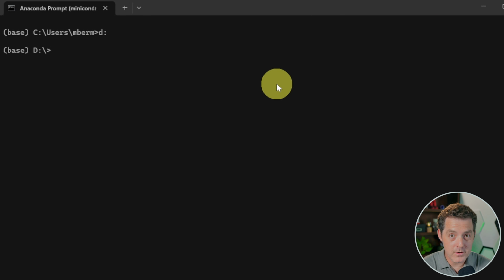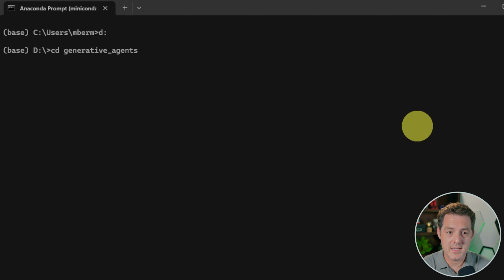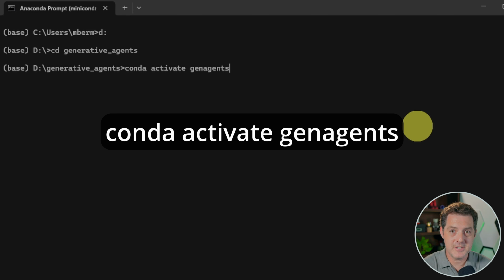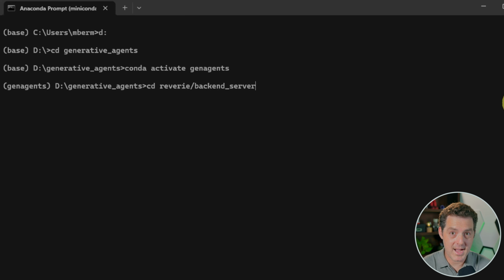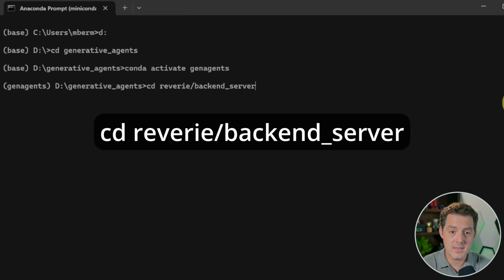Next, you're going to open up a new console, again, while keeping the other one up and running. And now we need to navigate back to the Generative Agents folder. So we type cd generative_agents, hit enter, and we're there again. And we need to activate the Conda environment on this terminal. conda activate gen_agents. Next, we're going to spin up the backend server now. So we're going to cd